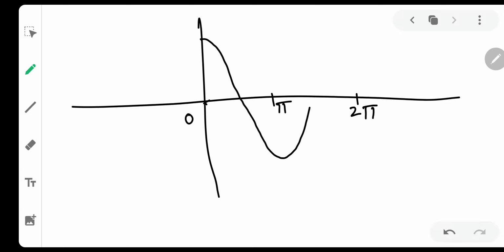This is the graph. Okay, now the period of cos x is 2 pi because it repeats its shape after 2 pi. Okay, how will the cos square x look like? Very simple. Cos square x will look like this. This negative quantity will be squared. As it was from 0 to minus 1, it will now go from 0 to 1. Okay, so this is the graph of cos square x.